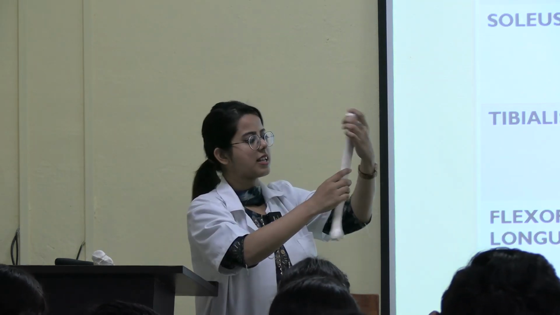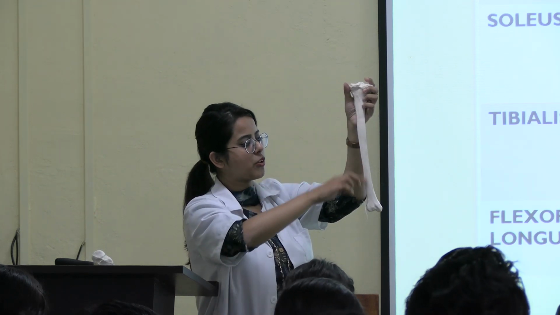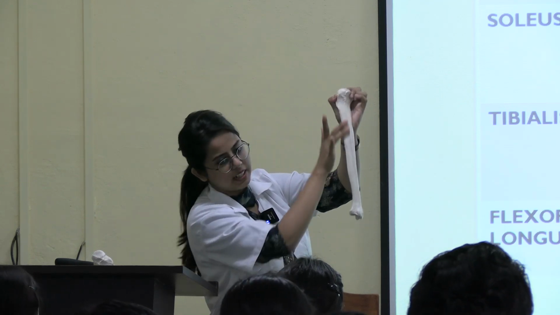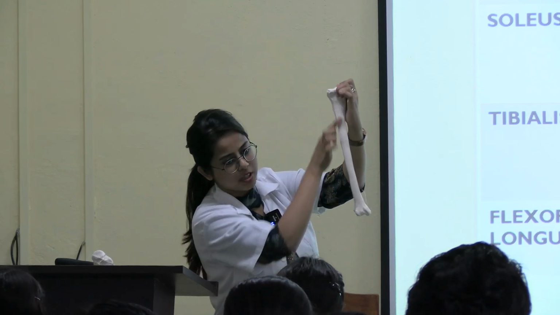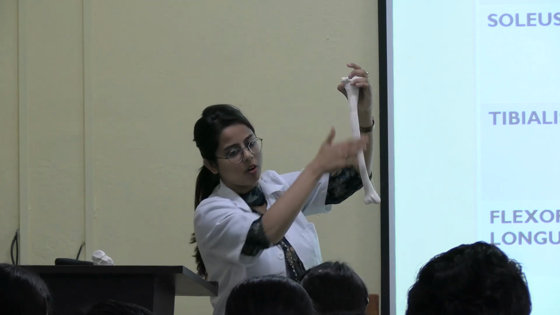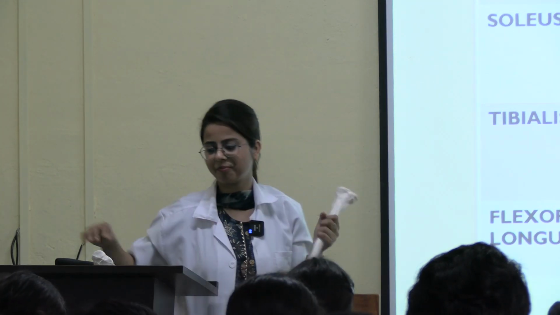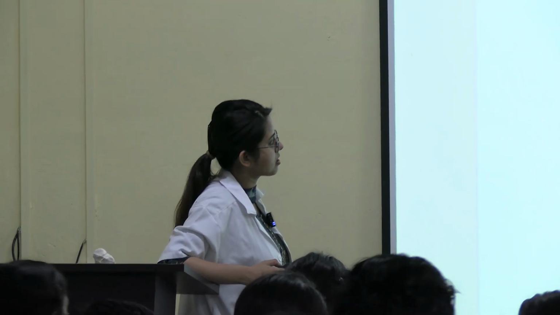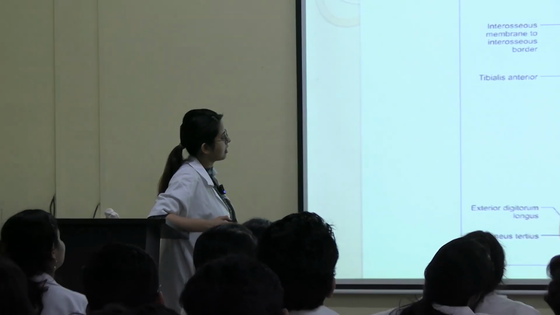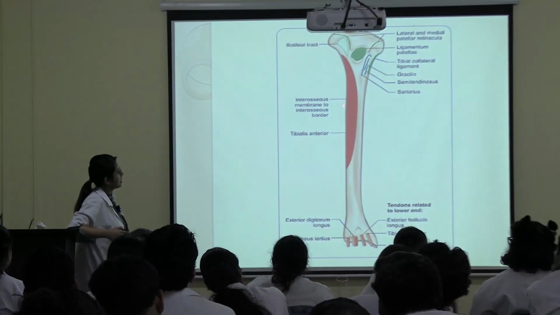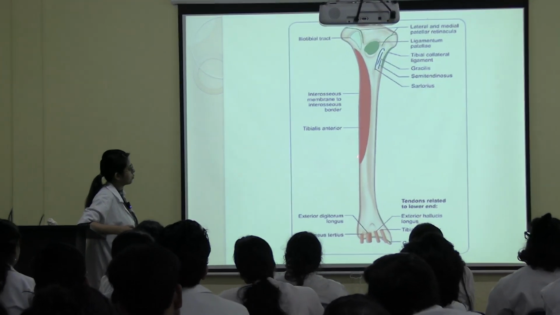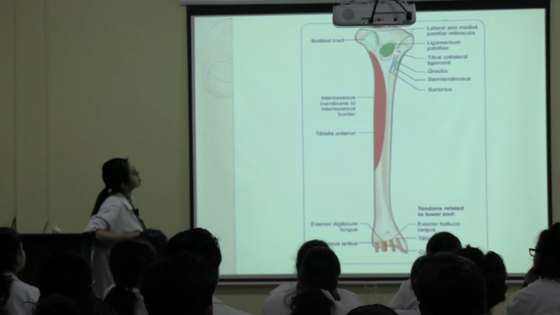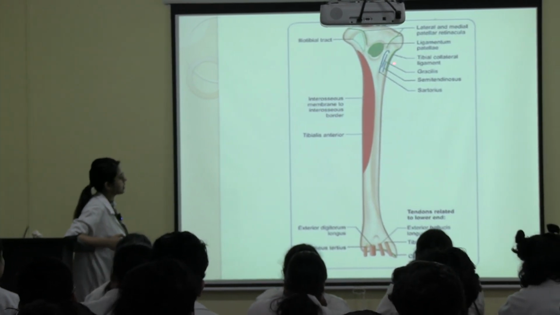Okay, and as I said, below the soleal line, this part will be divided by a faint ridge. So you can see that here is tibialis anterior, here will be tibialis posterior, here will be flexor digitorum longus. Clear? See, this is the lateral surface. This is the medial surface. Here is the anterior border. Lateral surface is for tibialis anterior, upper 2/3 part. Can you see? Medial surface is for 3 muscles: sartorius, gracilis, semitendinosus.